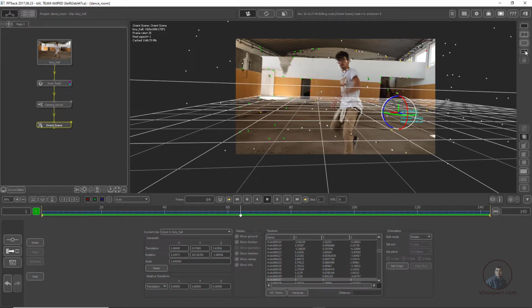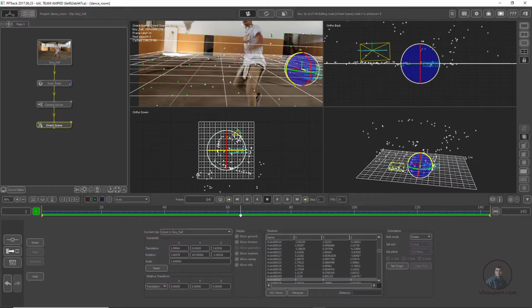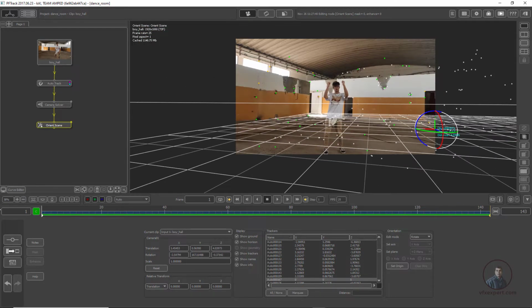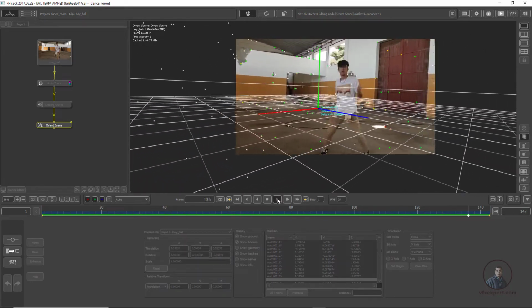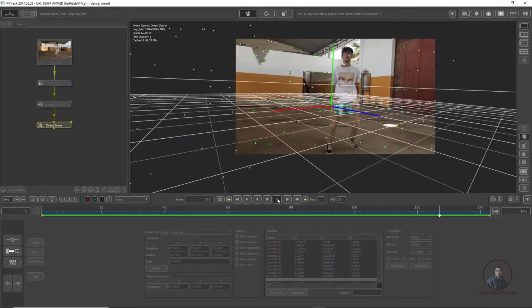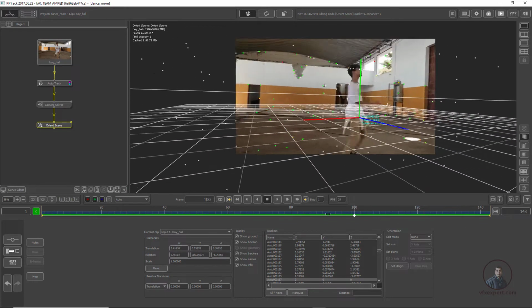Now again click here 4 view option and you can just adjust. Now just click here none. Now just play and check here. So remaining orientation we will adjust in Maya. Okay, I think this is sufficient.